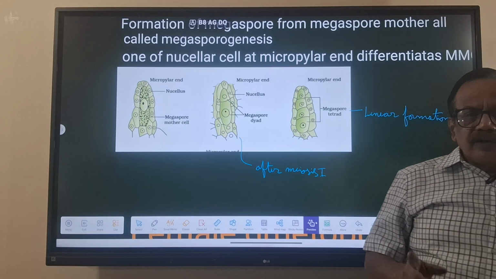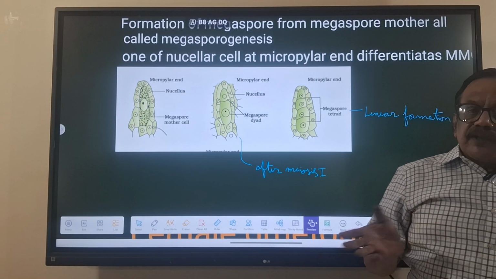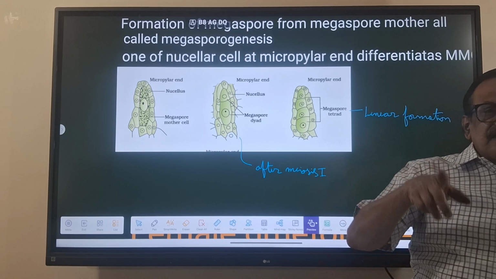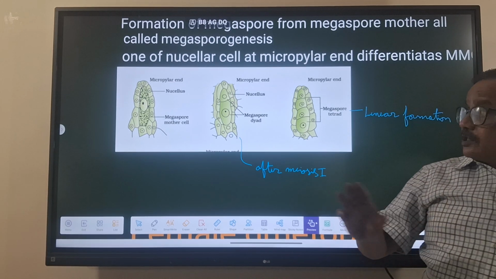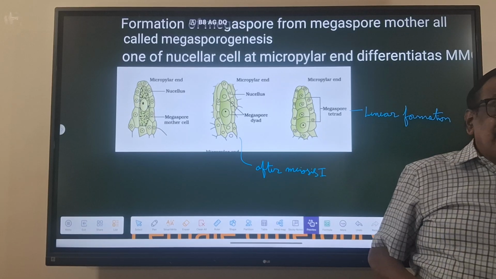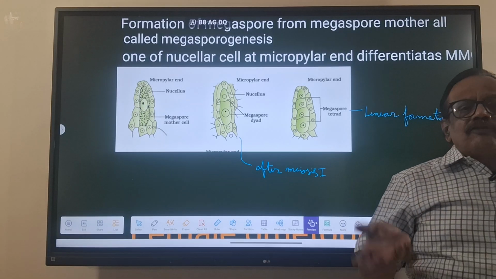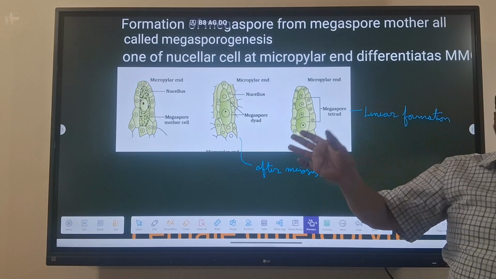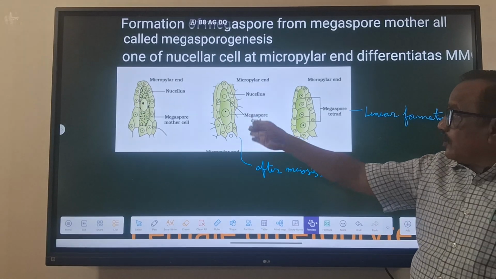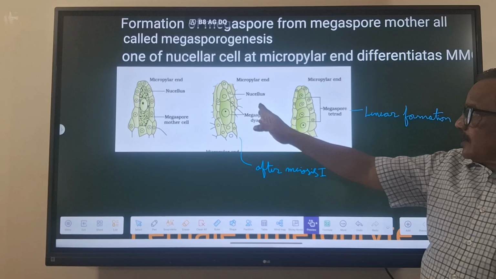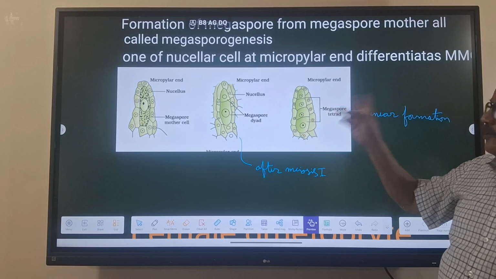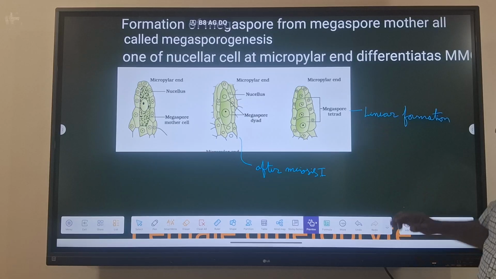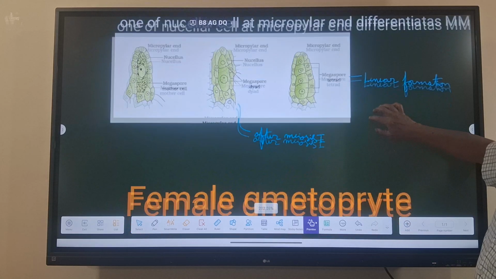Megaspores are formed from where? From the megaspore mother cell. How is the megaspore mother cell formed? One of the nucellus cells, at the micropylar end, differentiates and forms the megaspore mother cell. It takes meiosis, and after meiosis 1 it forms the megaspore dyad, means 2 cells, and after that it becomes 4 cells. They are the megaspore tetrad, which are linear. Now we'll see